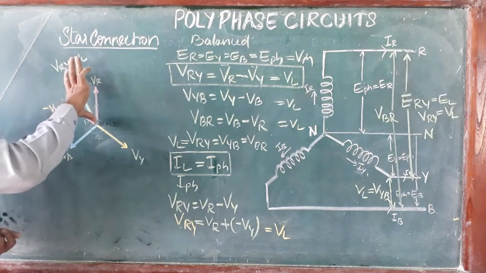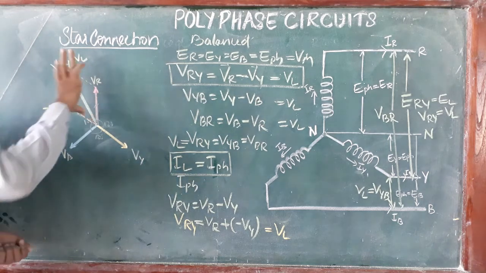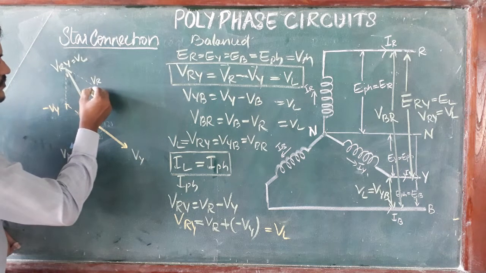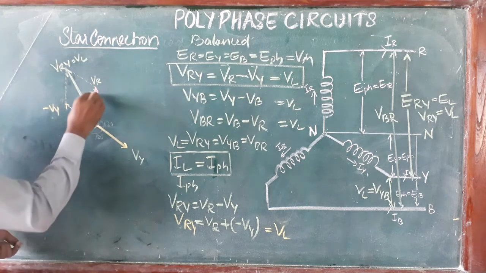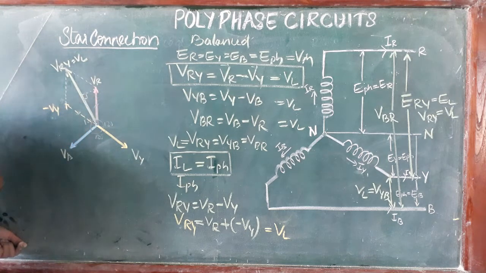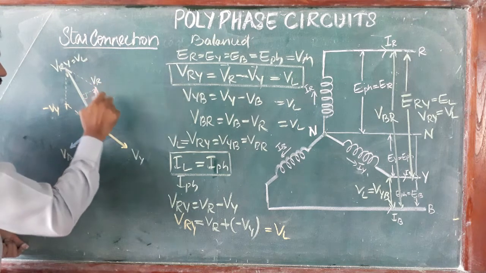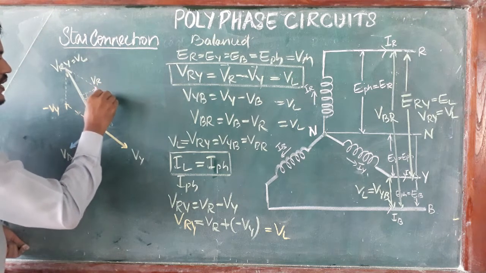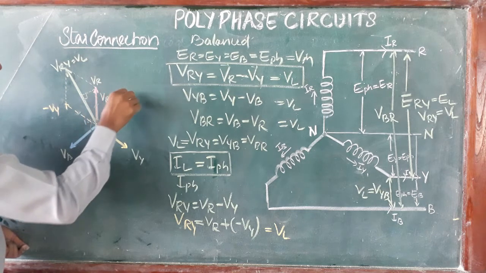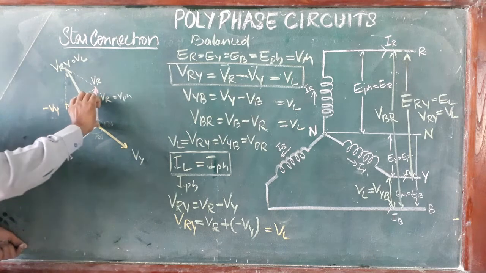Now we are going to find the magnitude of VRY or VL, the line voltage magnitude. How to find it means, just draw one line here. So now this triangle becomes a right angle triangle based on this angle. So now this one is a right angle triangle. This value we know, this value is VR. This value is VR or V phase value. So based on this one, how much value this comes?